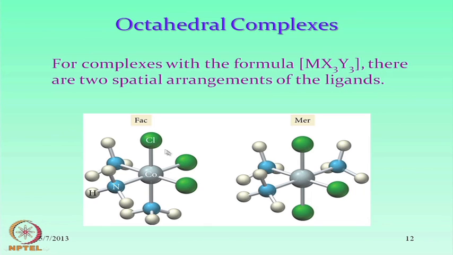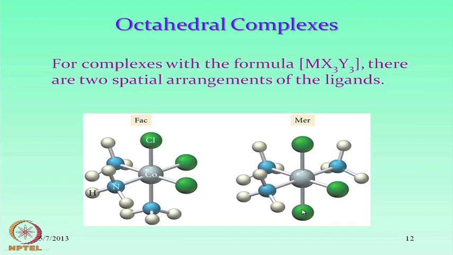The octahedron, we all know, has 8 triangular faces, and if one of the faces is occupied by 3 chloride groups, we get a corresponding arrangement which is known as the facial arrangement, and the isomer is known as the FAC isomer. And in another case, what we are doing is interchanging this chloride with this NH3 group. So, if these two are interchanged, these two cis positions, one is occupied by the Cl and another is occupied by the NH3. If these two are interchanged, we get